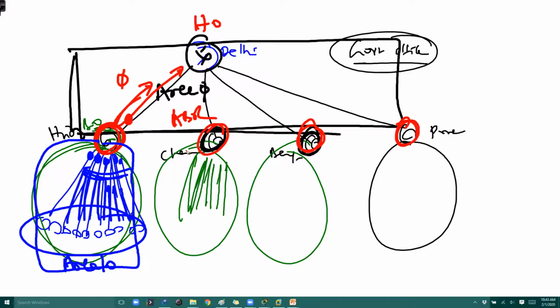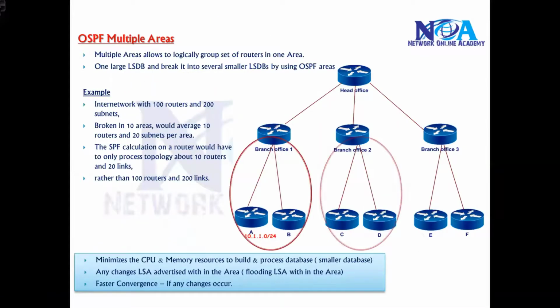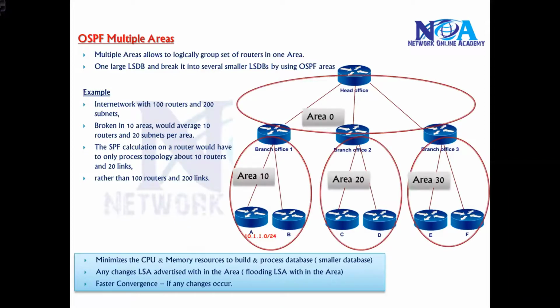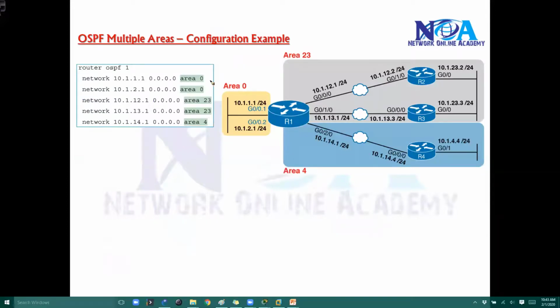So it's all how you design. We are not going to physically group the routers. Physically, the way they are connected will be the same, but we are going to logically separate them into different areas depending upon the network statements we use. Like in this example I showed you here, you can see area 0 connecting to non-backbone areas. Likewise, in the configuration example, the main change will be here.